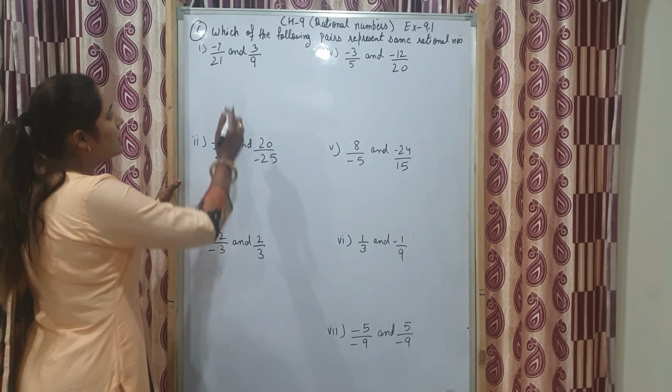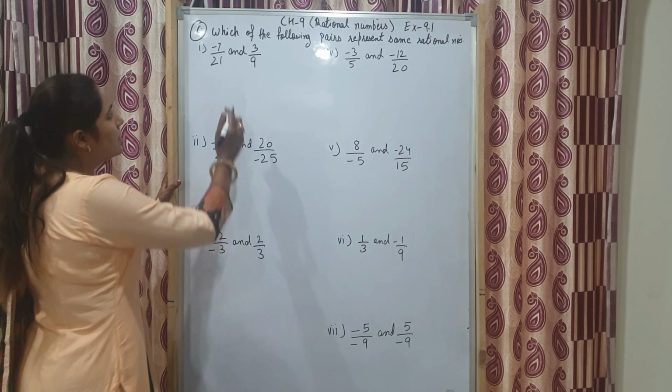Fill in the boxes with correct symbol. We have to put the symbol less than, greater than or equal to. Now from the first part, this one is minus 5 upon 7, that is a negative rational number. And 2 upon 3, this one is a positive rational number. And from positive and negative, positive rational number is always greater than a negative rational number. Positive value is always greater than a negative value. So directly I put the sign without solving this part.